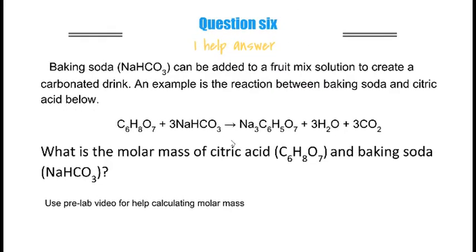And finally, we have a little bit of a calculation here where we have a scenario where we're saying that baking soda, this compound here, can be added to a fruit drink mix, which this is it right here, which is really just sugar, to create some sort of carbonated drink. And you've got CO2 right here, which is what would give you the fizz. What we want to know is what would be the proportions of baking soda to drink mix in order to get